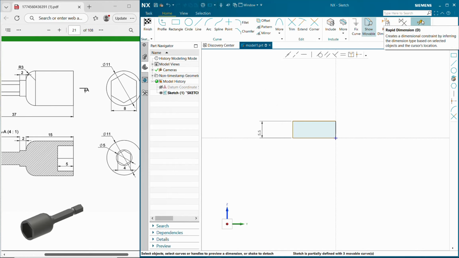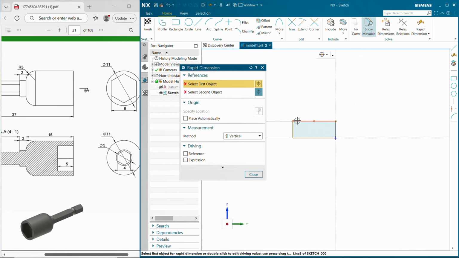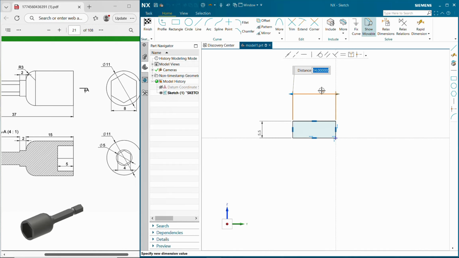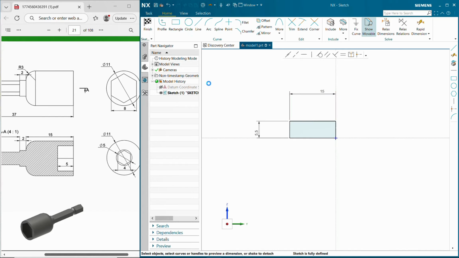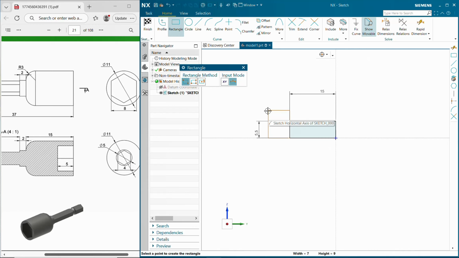I have to apply dimension from the rapid dimension from this point to horizontal this point. Double click and apply the 15 dimension. I have to create another rectangle 2 by 2.5. Okay, so click on the rectangle command, 2 tab